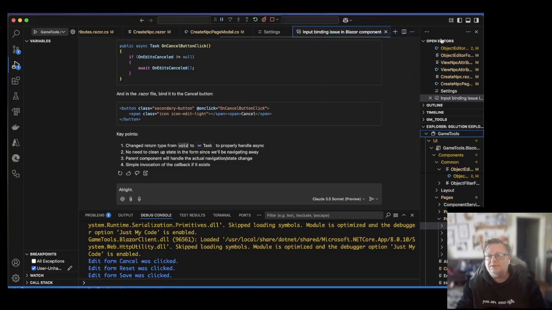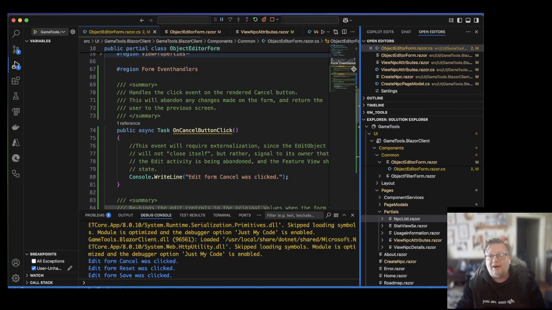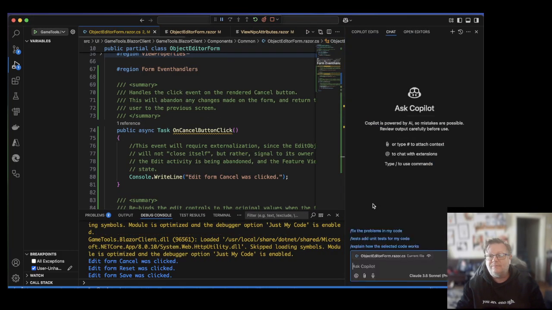I'm just going to close this, and I'm going to open the right-hand side chat panel. Hey there. Please inspect the Object Editor Form code behind